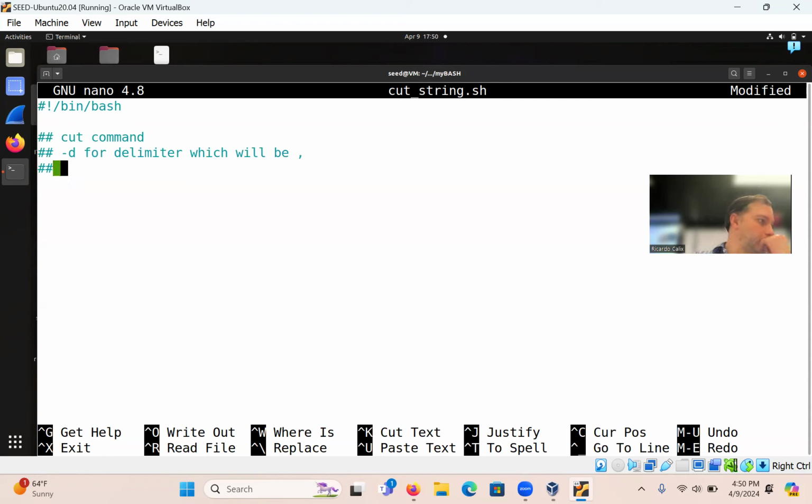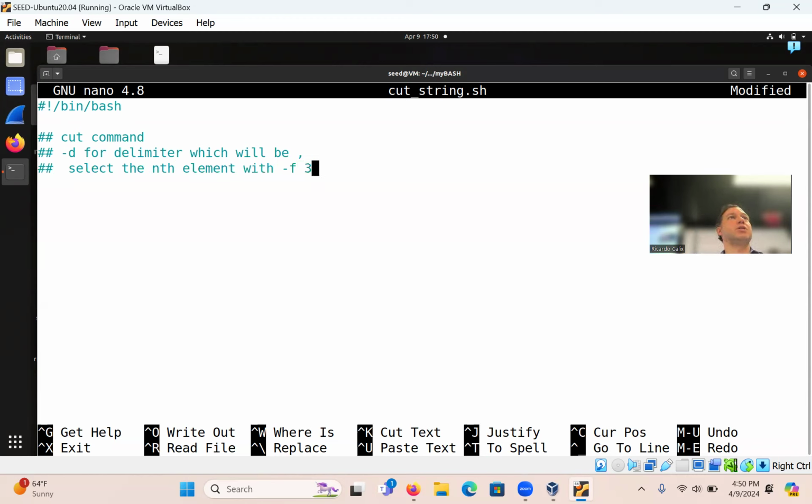And then we select one of the items because we're cutting. It's like a split basically. So you can think of it as a list now of items. So we are going to select the nth element with -f, say 3 or so, right?